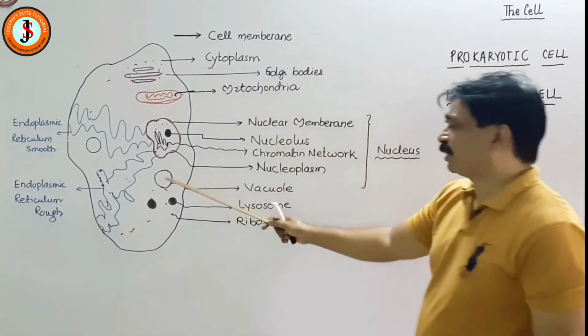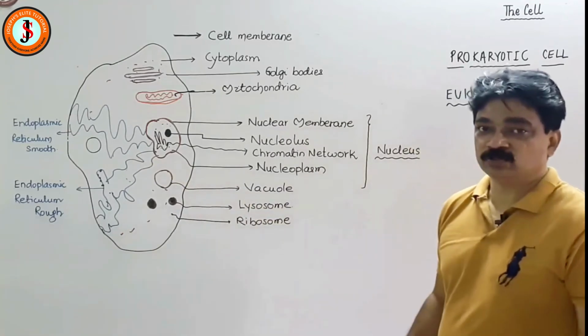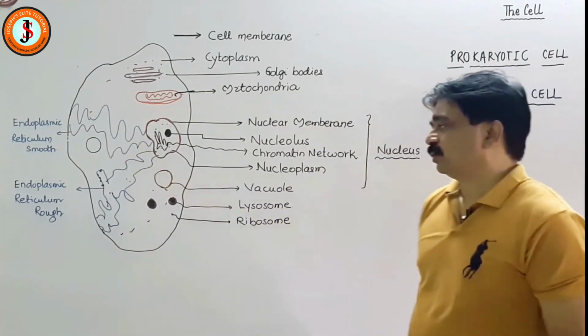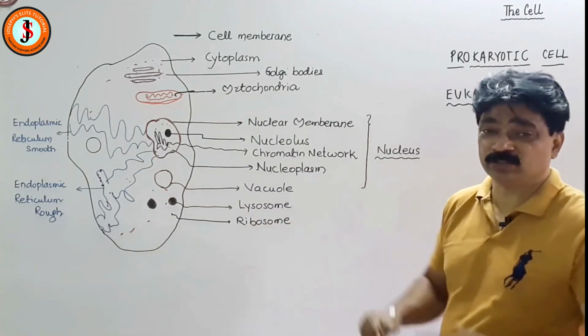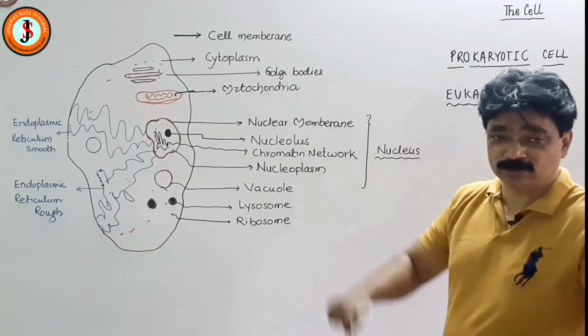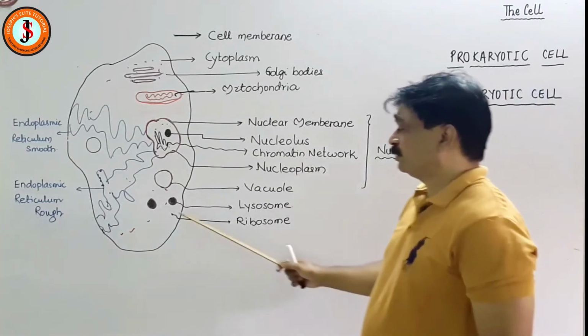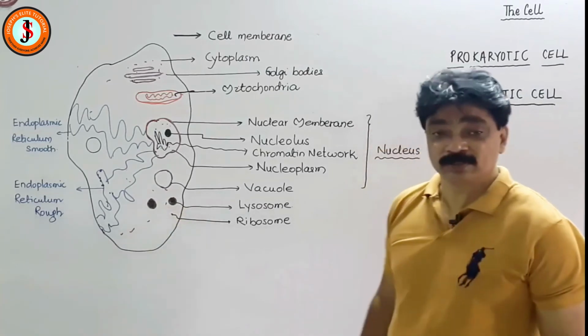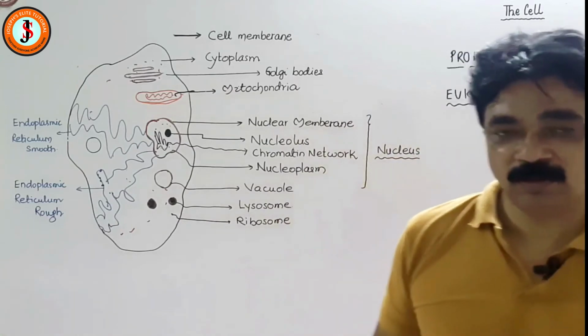Then we come to the vacuoles. There are many vacuoles. We will connect it to the plant cell very soon. The vacuoles give volume and shape, and maintain the pressure of the cell, like the balloon I mentioned. Then there are lysosomes. Digestion of food also takes place in the cell, so lysosomes will secrete digestive enzymes,